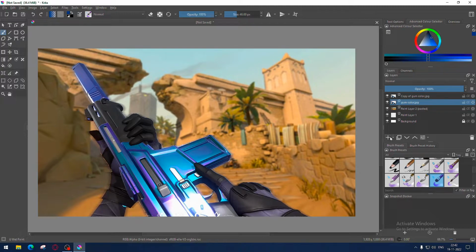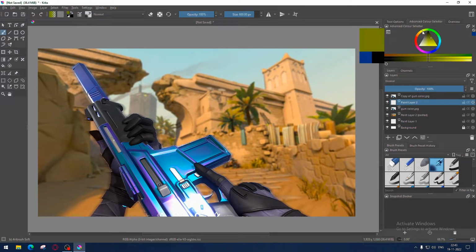Now take new paint layer. And take soft edge brush from the brush tool and click on this layer like this and reduce opacity.